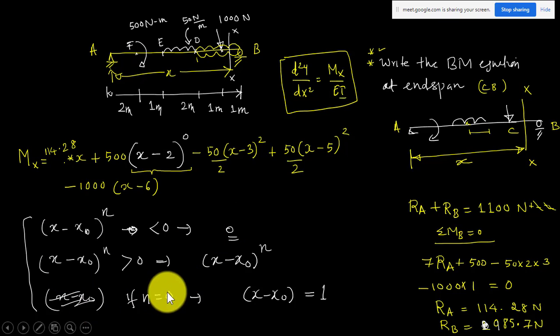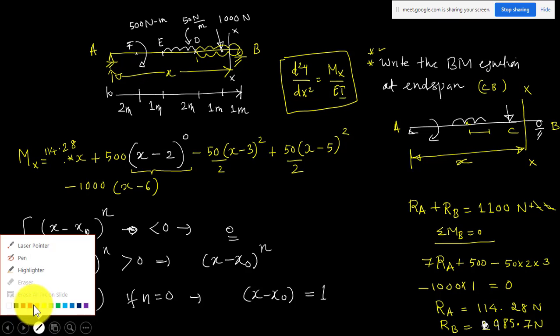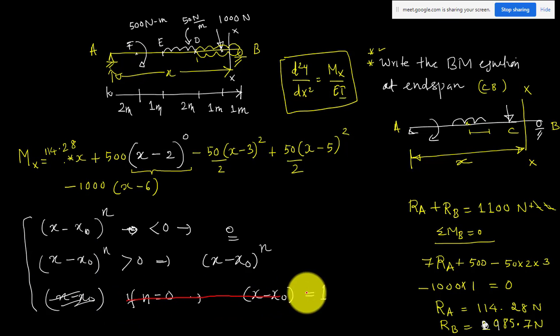This is anyway simple mathematics. Power is 0 means that is already 1. So you don't need to even add it as a step, you can just remove this step, because power is 0 means without telling, you know this. If I have x minus 7 power 0, that is equal to 1. So all you have to remember is, if this is negative, you have to remove that term, because the load is not present for that section, the load effect is not present. If it is positive, you have to consider the effect of load. Don't simply apply the values and get the answer.